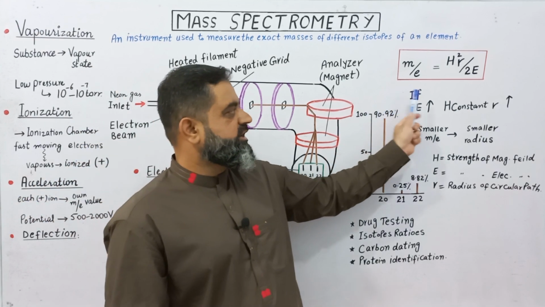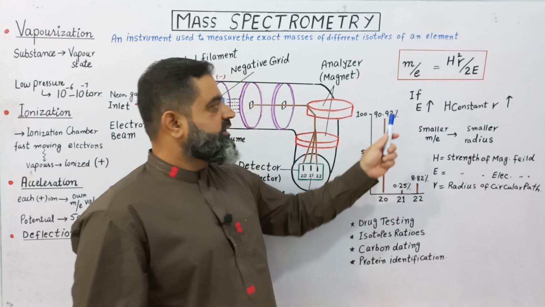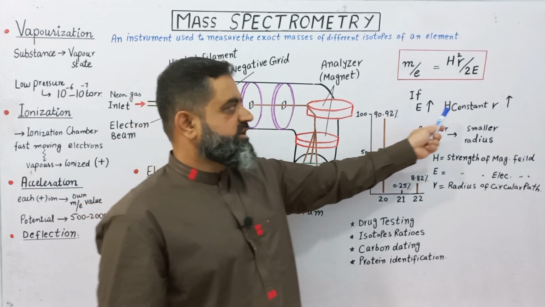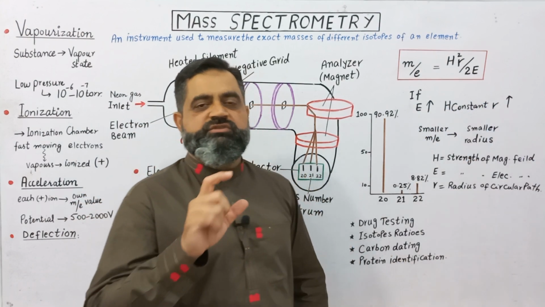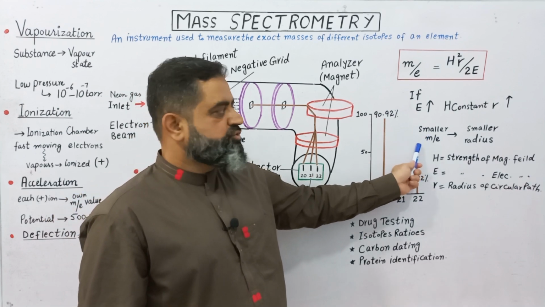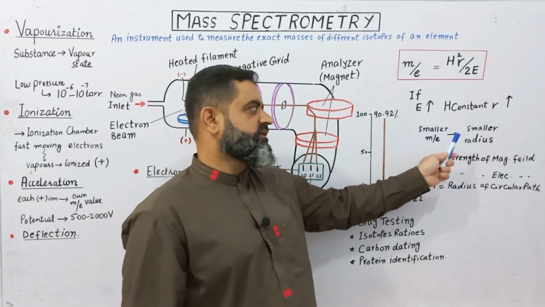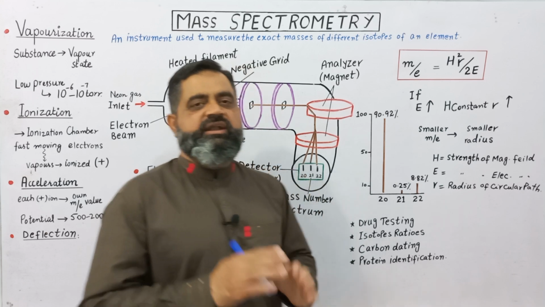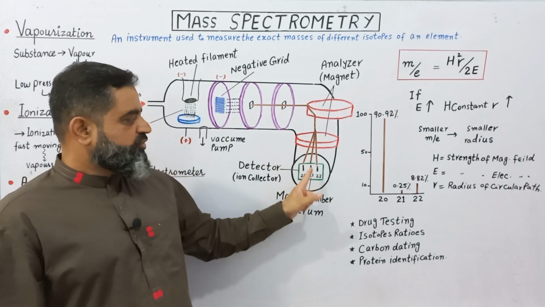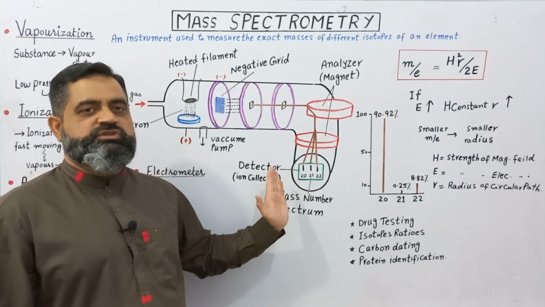So if we keep H constant, it means that we keep the magnetic field constant, then increasing the strength of the electric field will increase the radius of the circular path of these ions. A smaller mass over charge ratio means a smaller radius, a larger mass over charge ratio means a larger radius, and different radii of these ions fall on different locations on the detector, with the help of which we can detect the relative masses and also their relative